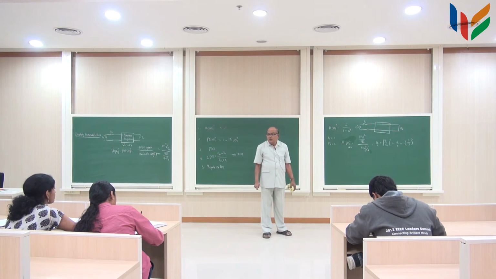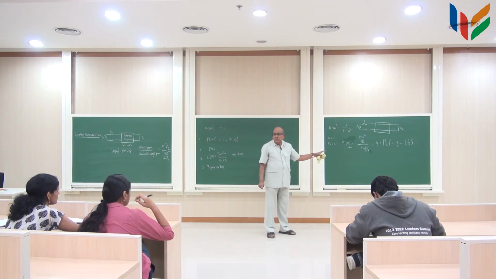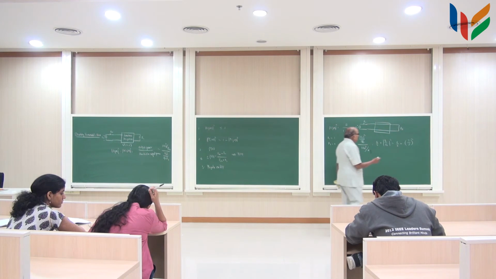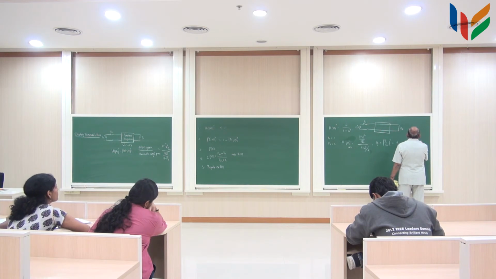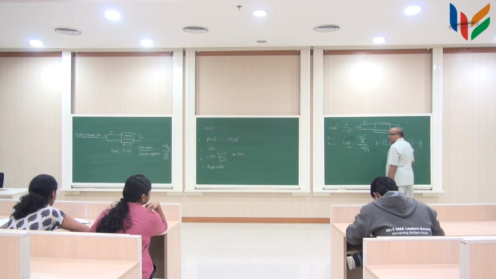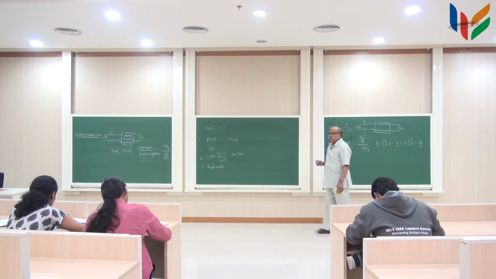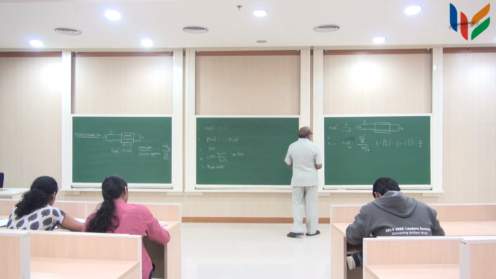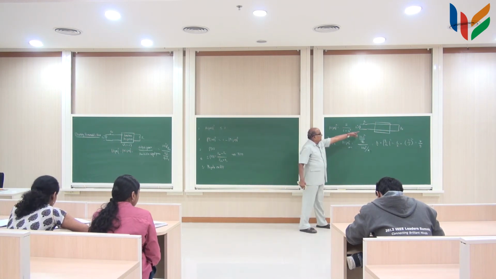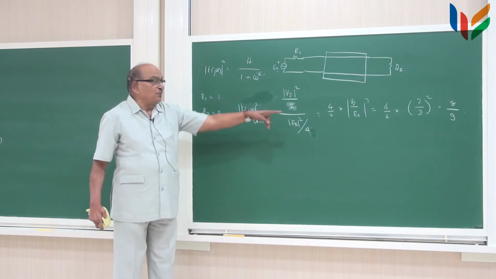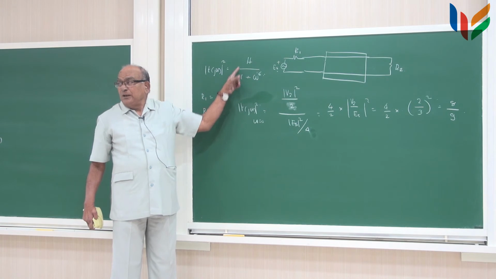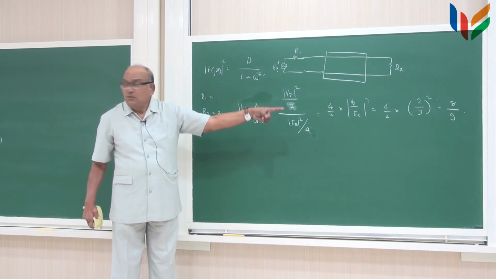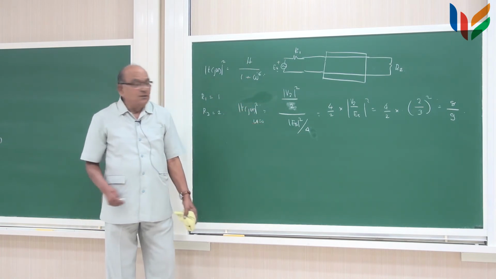right? Is it with you? So, this is equal to 4 by 9. How much does it become? 8 by 9. So, at s equal to 0, this function comes out to be equal to 8 by 9, and this function comes out to be equal to H. So, H must be equal to 8 by 9.